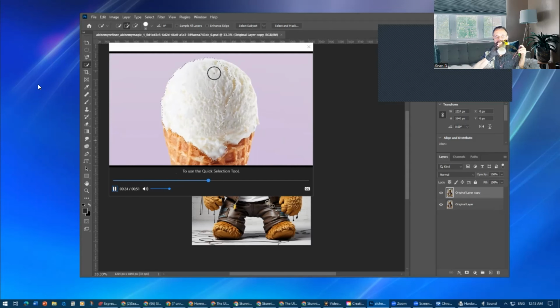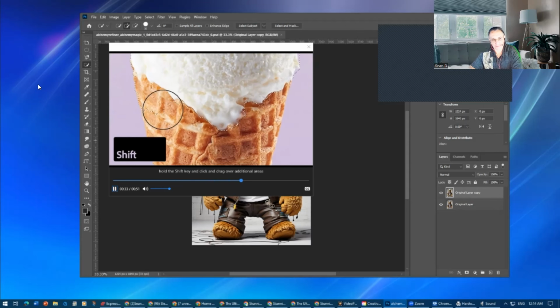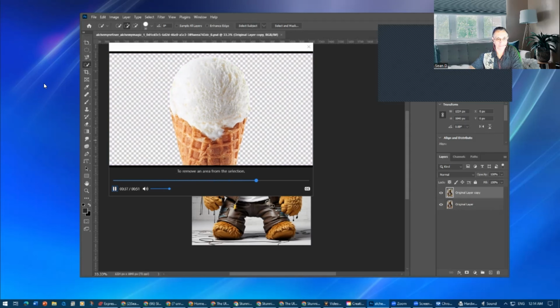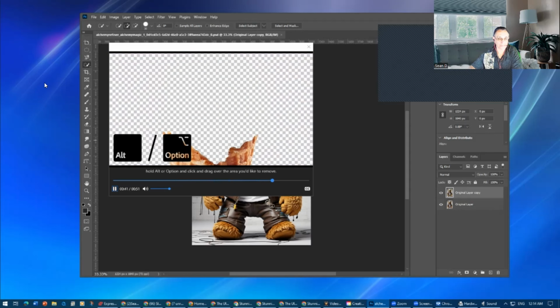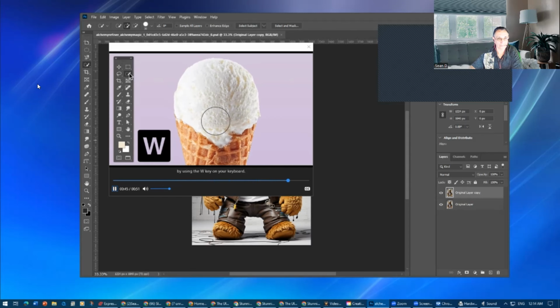To use the quick selection tool, click and drag over the area you want to select. The tool will automatically follow the edges within the image. To add to the selection, hold the Shift key and click and drag over additional areas you want to include. To remove an area from the selection, hold Alt or Option and click and drag over the area you'd like to remove. Don't forget, you can easily access the quick selection tool by using the W key on your keyboard. This shortcut makes it even